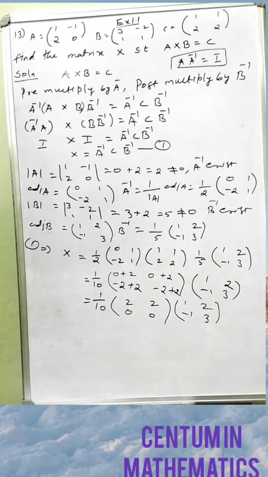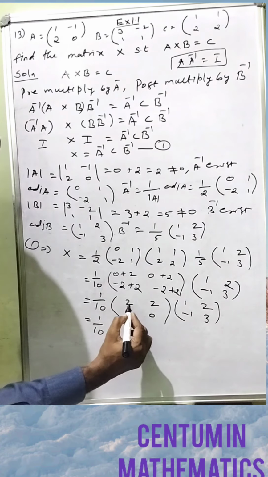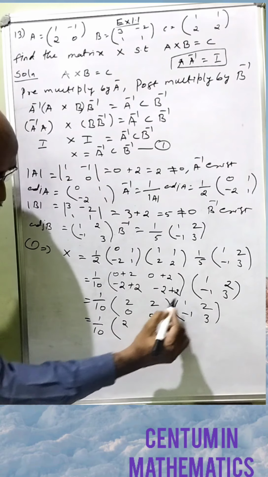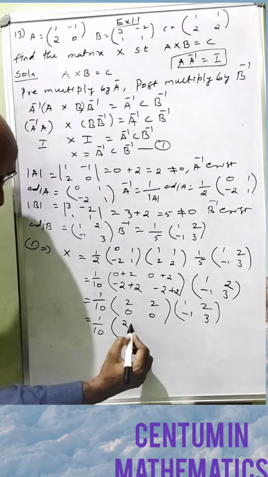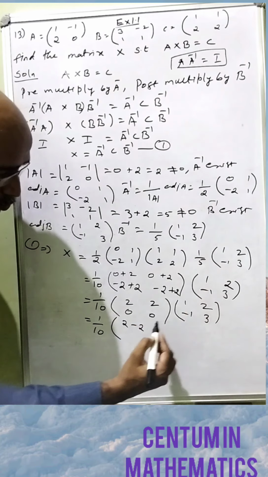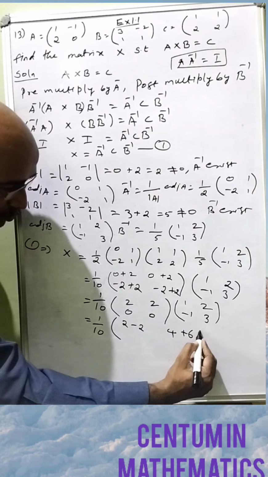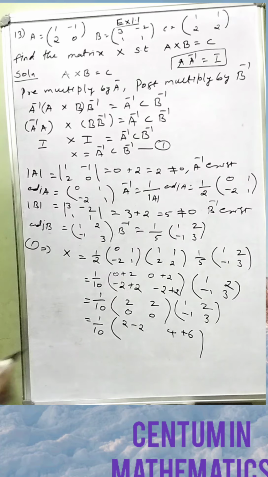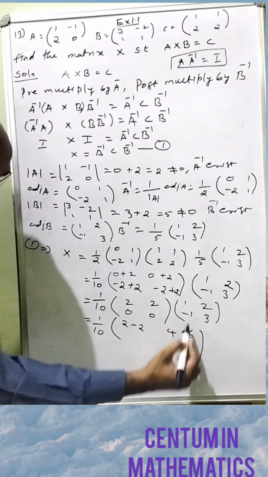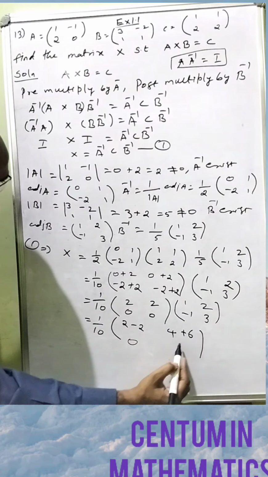We have to find this matrix multiplication. See that 1 by 10, 2 into 1, 2. Here first row first column 2 into minus 1, minus 2. Okay, then first row second column 2 into 2, 4, 2 into 3, 6. Then here given 0. Second row first column multiply means 0 into anything 0, 0. So there also we get 0.